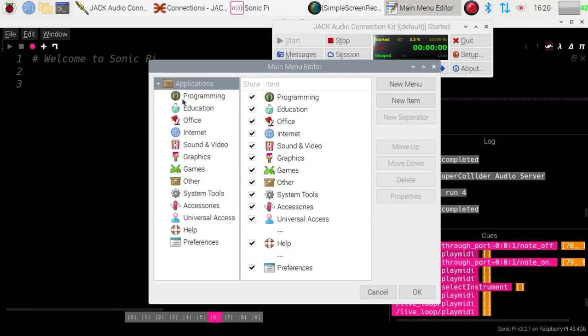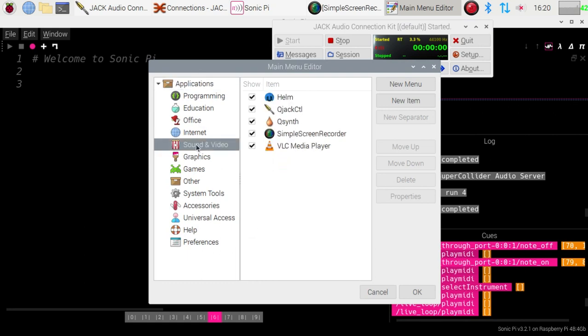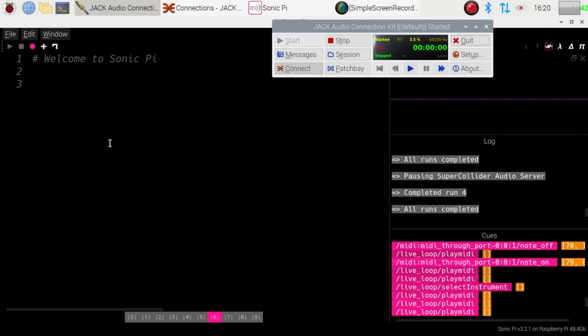And if you click on the sound and video section on the list on the left-hand side, you can see a list of the items in that menu, and when it comes you'll find there won't be all these here, but you'll find that the entry for QJackctl is dimmed out like that. All you have to do is to come here, tick it, and then say OK, and it will then be active in the menu. Now the reason for using this is that although Sonic Pi doesn't need it to connect,